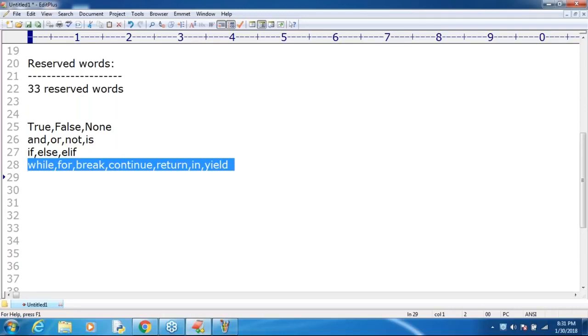Now, do you know which thing is missed here? Very simple: do while. You are talking about the for loop and the while loop, but where is the do while? Then what is the answer? Guess something. Good. So the do while loop is not there in Python. Switch statement is not there, and do while is also not there. People coming from other languages should be aware.